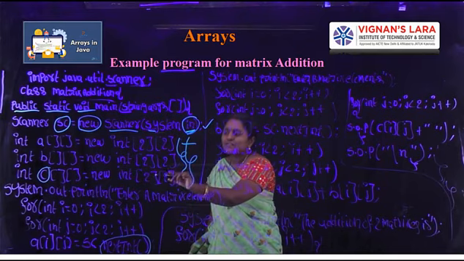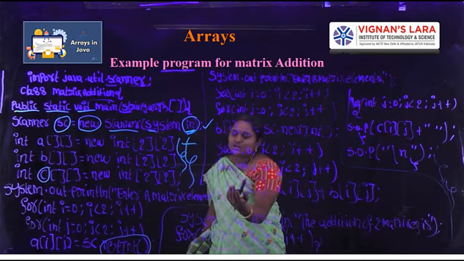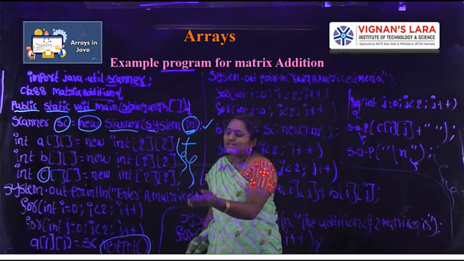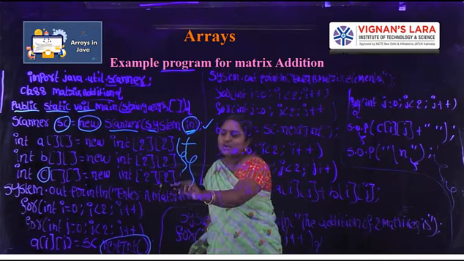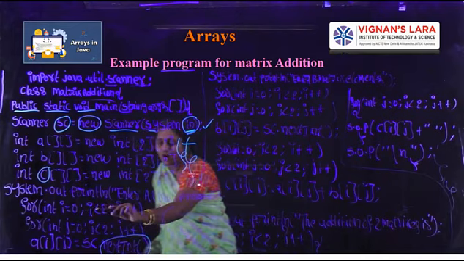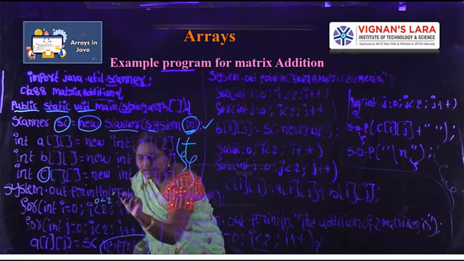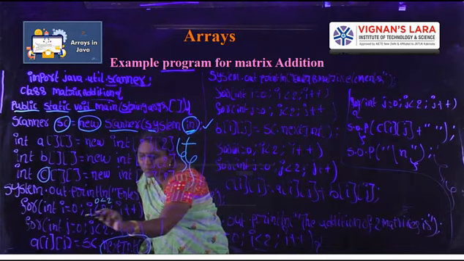Here the for loop starts from i onwards. i varies from 0, 1. Whenever the condition becomes false, the for loop stops iterating. Next, the i value is incremented. In this one I am using a nested for loop. For int i equal to 0, i less than 2, i plus plus. Here i equal to 0, i less than 2. 0 less than 2, is it true or false? True. The nested for loop will be executed.